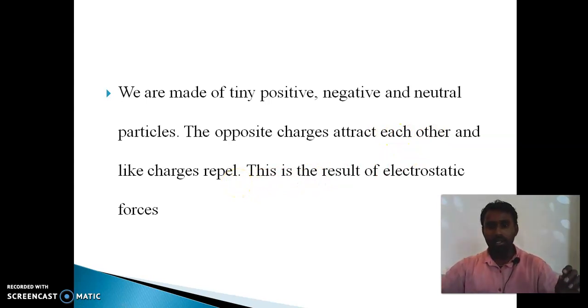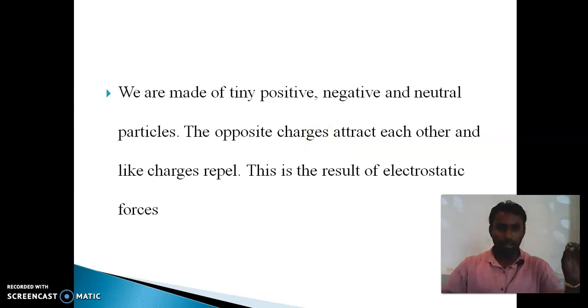Always remember, when you are taking a comb and applying a certain force with that comb, that means maybe a frictional force or rubbing, anything. Okay, so once it attracts any other object, at that time opposite charges will be present. So whenever opposite charges are present, they can attract each other. Whenever the same charged particles are present, they can repel.